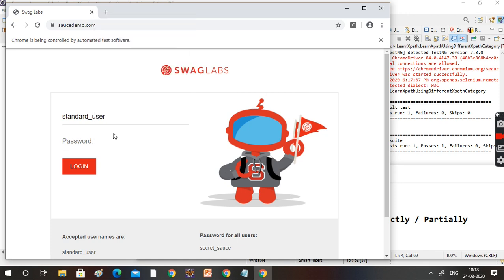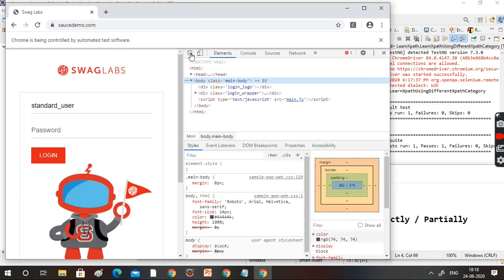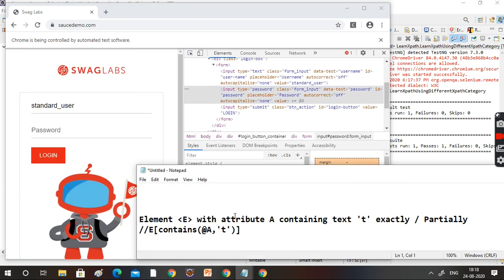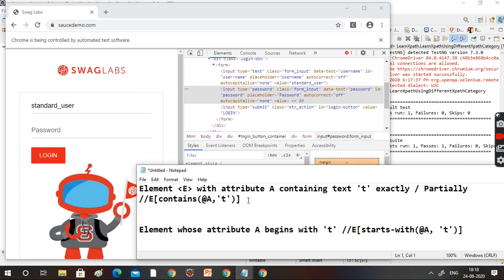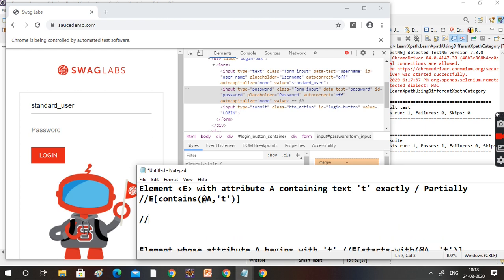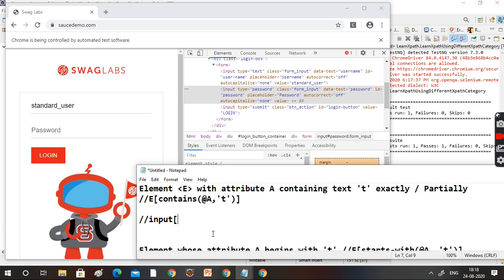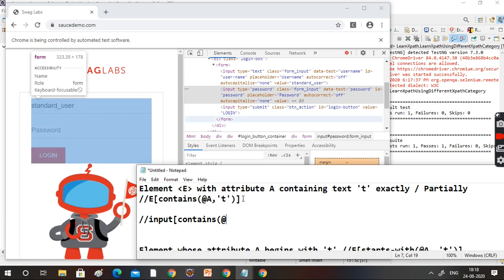Select it, right click, inspect, click it here. What is that? Input, right? I want to identify this one. So how can we do that actually? Input contains at, what is the attribute I want to take? I want to take this type attribute.